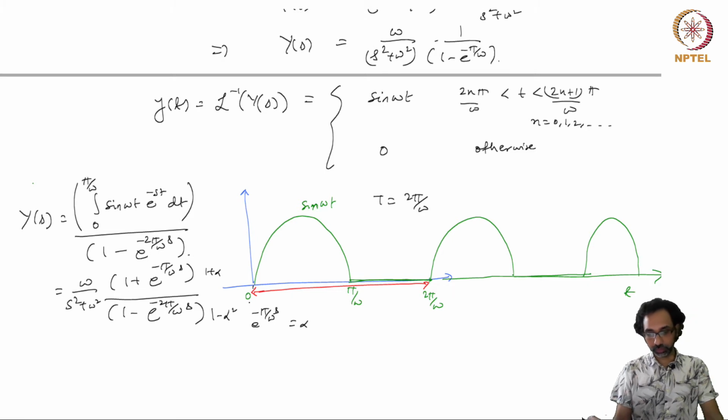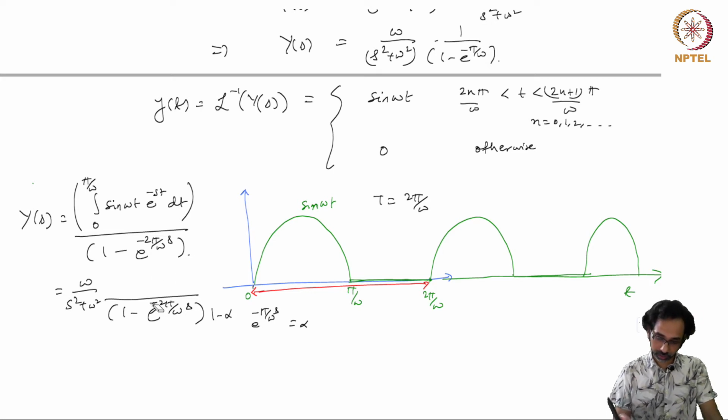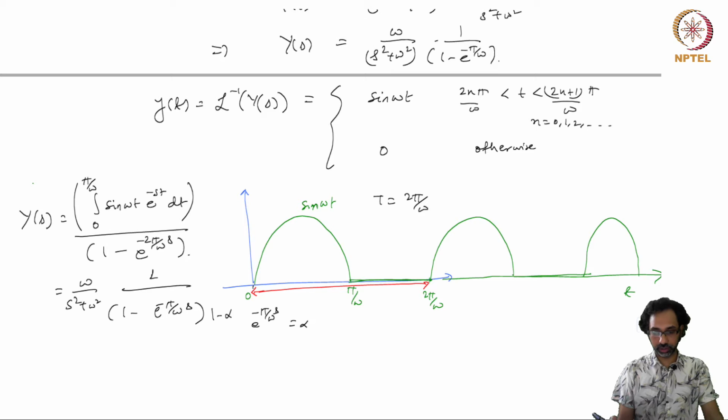So one factor can cancel out and you will get 1 minus alpha in the denominator, which is simply 1 minus e to the power minus pi by omega s. So this is exactly what we get here, and so our solution for the inverse Laplace transform is given by